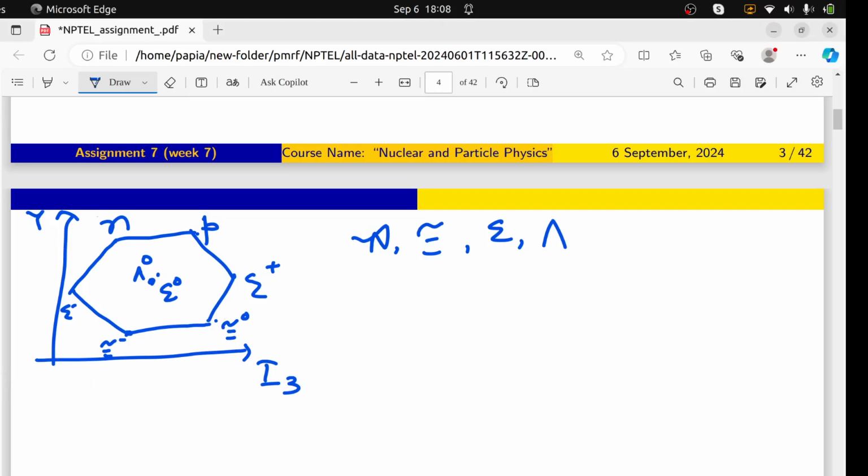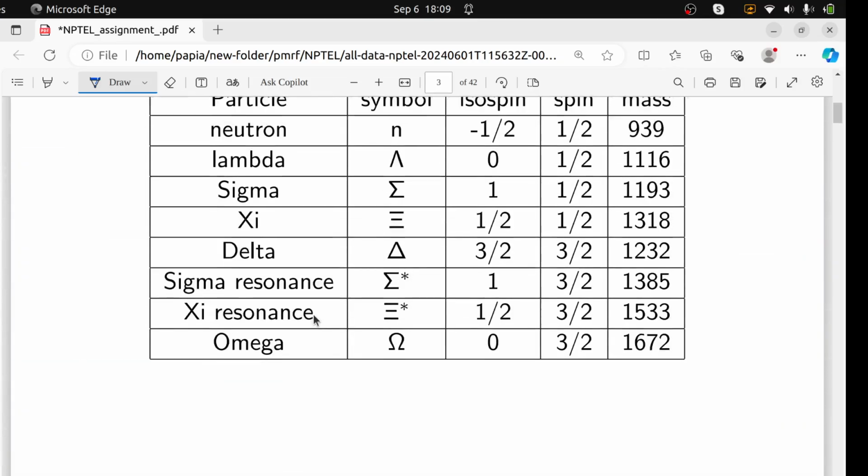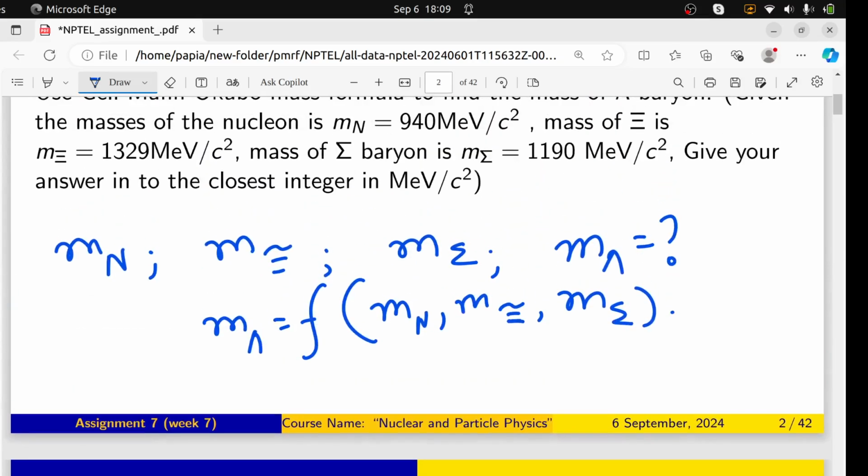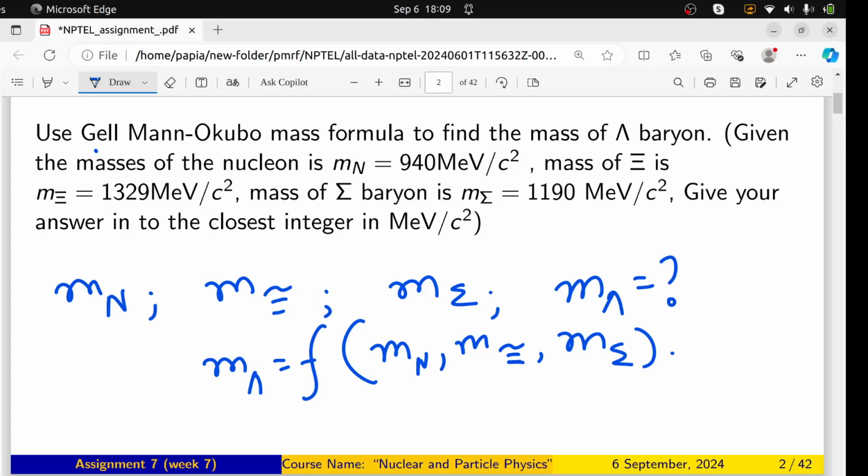We need the information for cascade, for sigma, and for lambda. That's why I'm writing here for completeness. For the I3 value, this is minus half, this is plus half, this is minus 1, this is plus 1, and here somewhere it is 0. And here also this is 0, this is minus 1, this is plus 1, like that. So you have to calculate the value of M lambda using